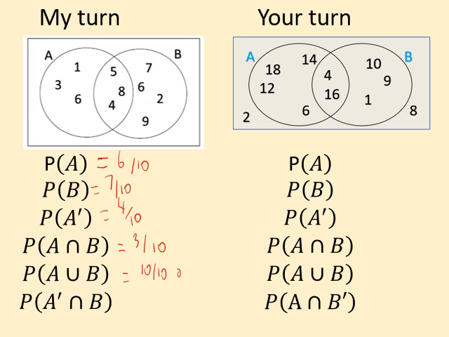We could just write that as 1 because the probability is certain. Finally, quite a tricky one here. We've got not in A and it is in B. So not in A and in B is going to be, so not in this circle and it's in B, so it's just going to be these 4 numbers here. So we're going to have 4 out of